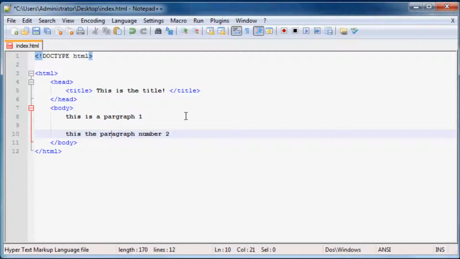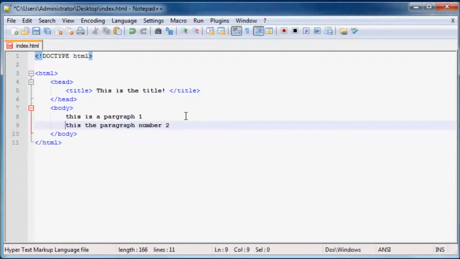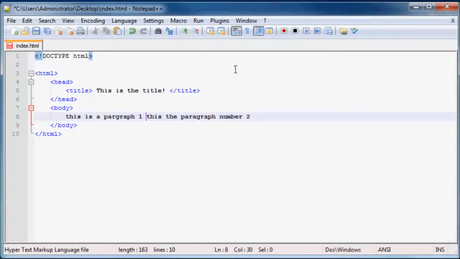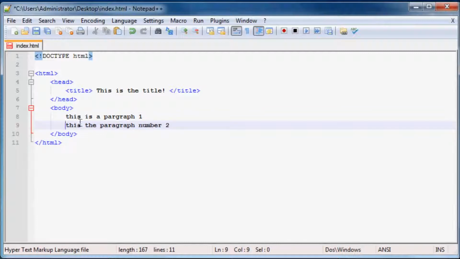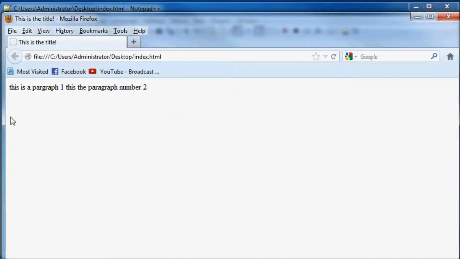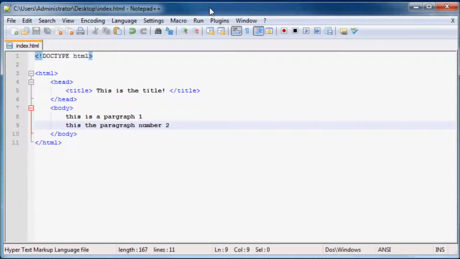Okay, so what we had when we didn't have any tags, it was appearing in one line like this on our browser. But what happens if we wanted it to be two lines? So we wanted to go, this is paragraph 1, and then hit enter, and then go to this is paragraph 2. You probably noticed that if we just try to run it like this, we'd get it all back on one line again. So again, HTML is messing us around a little bit, but no worries, because all we have to do is again just use the correct type of tag,